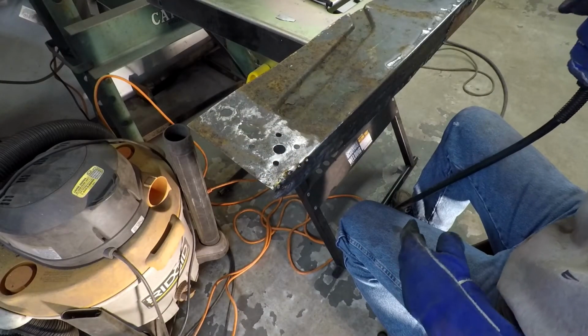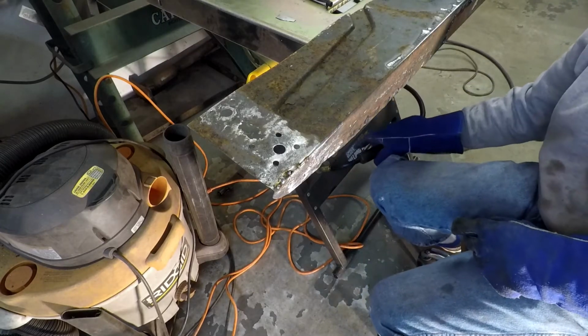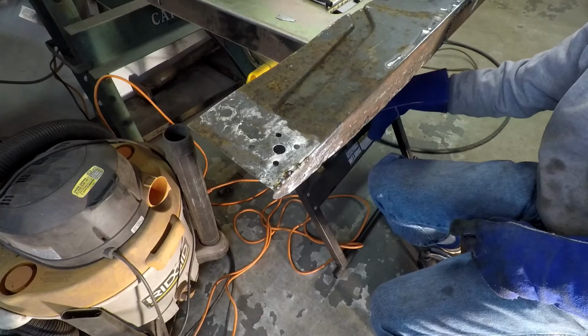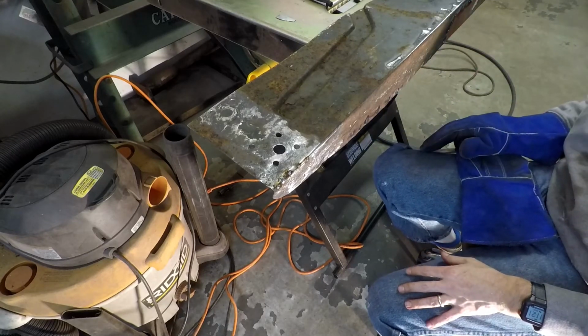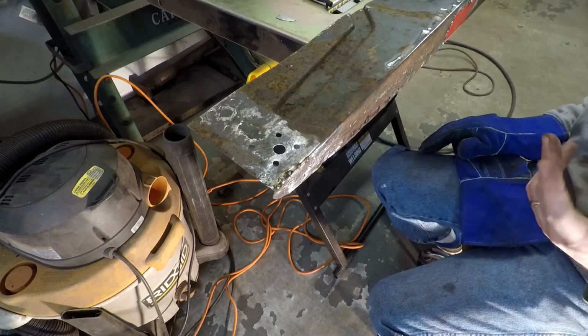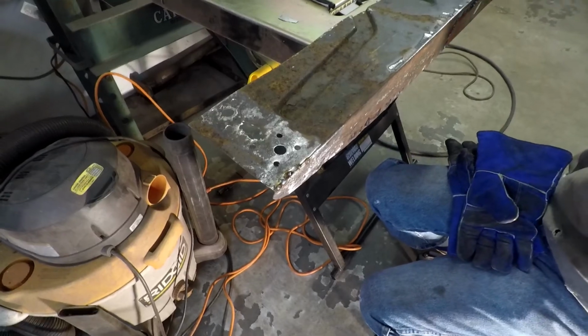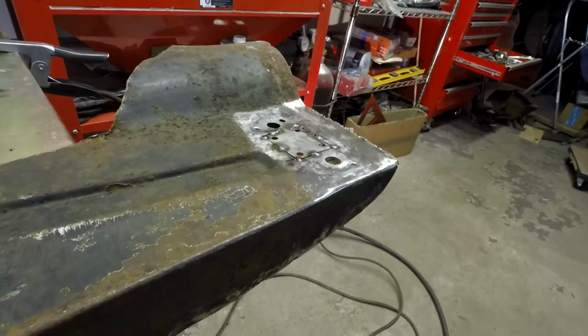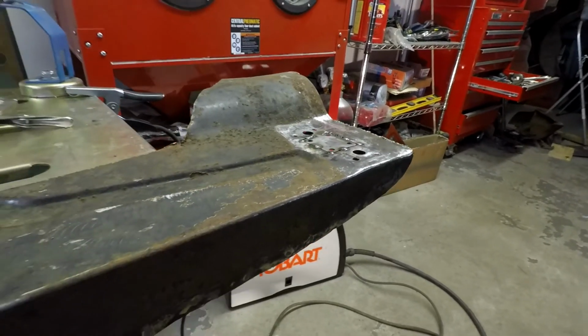Alright, so there's that. So the next thing I'll do is I'll get this bracket in down here. I know the camera's kind of stationary there. Let me undo it here. I'll get this bracket tack welded in, and that's probably gonna be close to being it for the